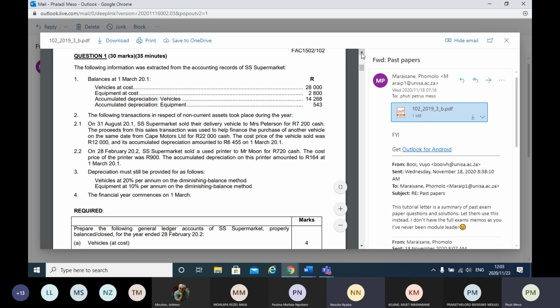Okay, the same principle would apply. We had the original accumulated depreciation for the equipment, and then we had the accumulated depreciation for the sold equipment. It has to be adjusted. So what you do is 543 minus 164, then 379. I've got 379. Okay, that's my adjusted accumulated depreciation. And then when you adjust it further with the carrying amount, you get